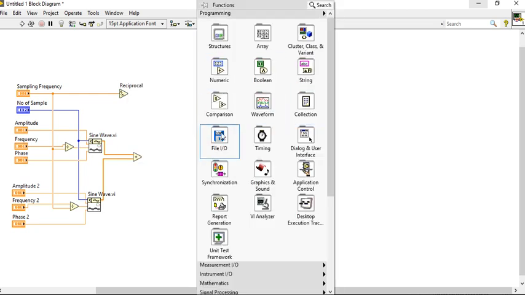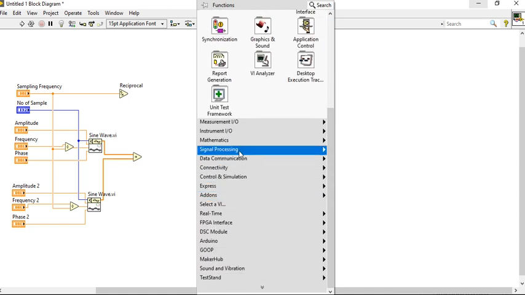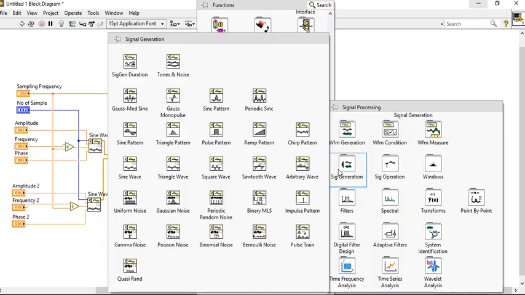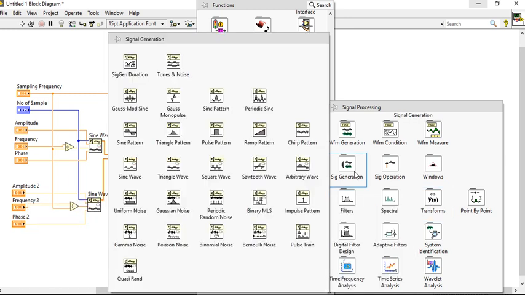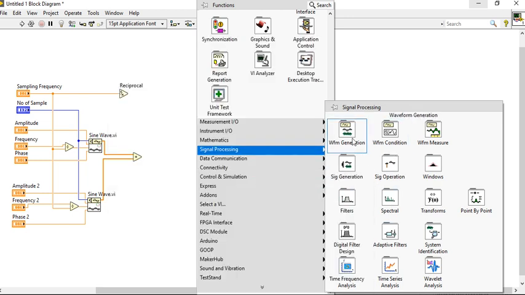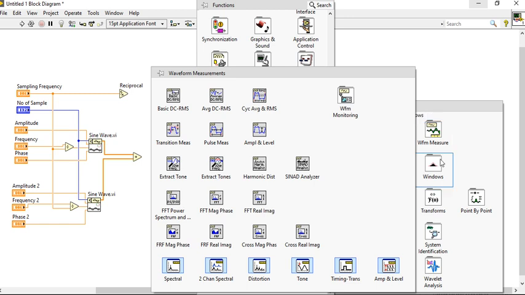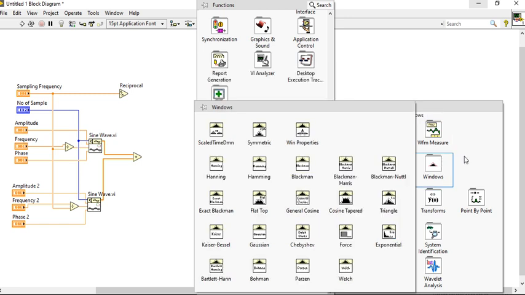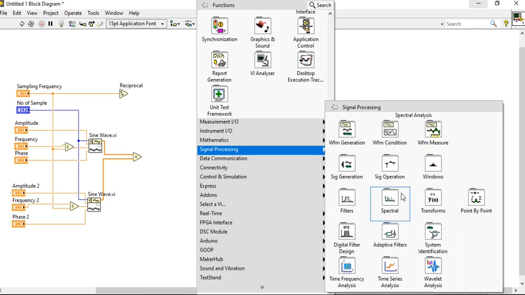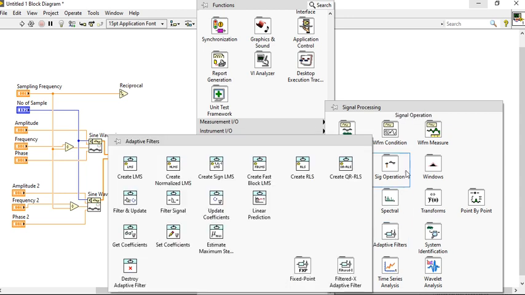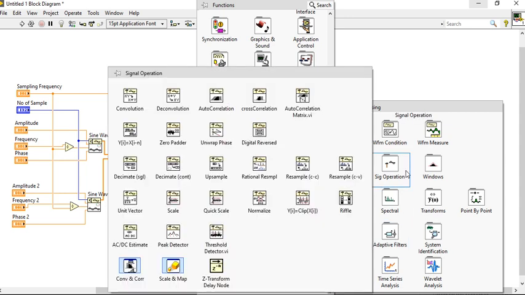Right click, come here, come into the signal processing. No, it is not time analysis; it is analysis, spectral, adaptive filters, signal operations. Let's see where we can get the amplitude and phase spectrum.